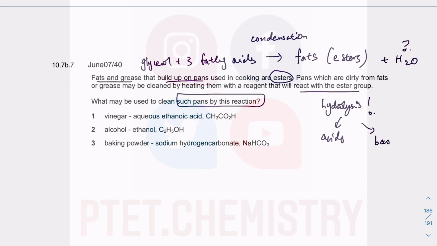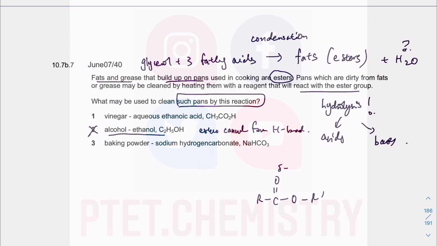Acid or bases. But esters will not react further with alcohol. So 2 is entirely wrong, because esters cannot form hydrogen bonds. So they can't dissolve in ethanol at all. Alright. Plus, if you think about an ester,